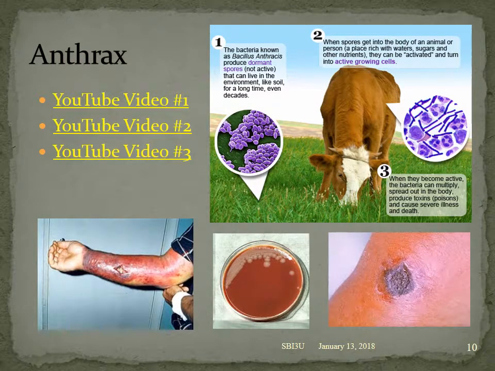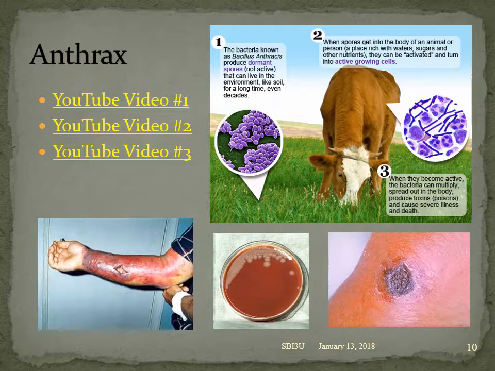Okay, so the next one we're going to talk about is anthrax. And anthrax is an infection caused by a bacteria called Bacillus anthracis. And there's actually 4 different forms of this. You can get it on your skin, in your lungs, in your intestines, or at an injection site. And symptoms can begin anywhere from 1 day after exposure all the way up to 2 months after the infection